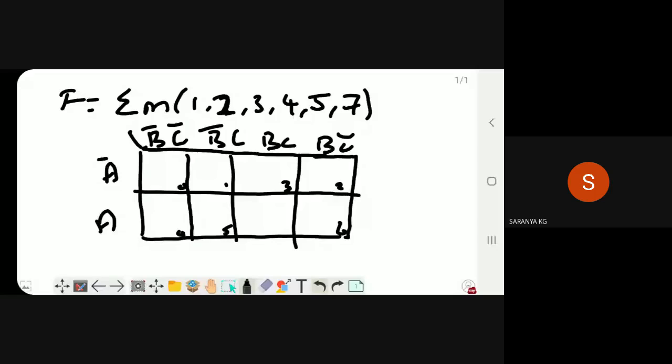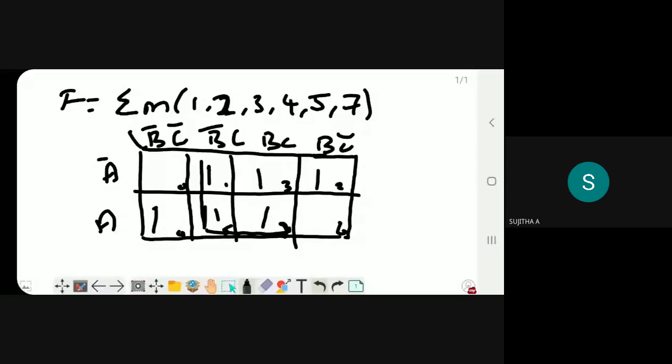So, the given min terms are 1, 2, 3, 4, 5 and 7. Okay, how will you pair? Tell me, how can we pair it? 1, 3, 5, 7.